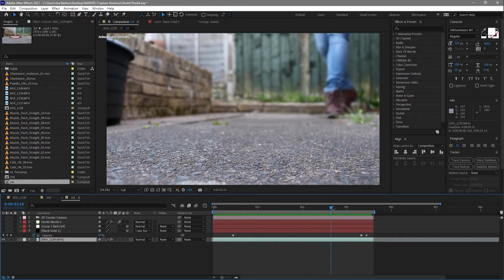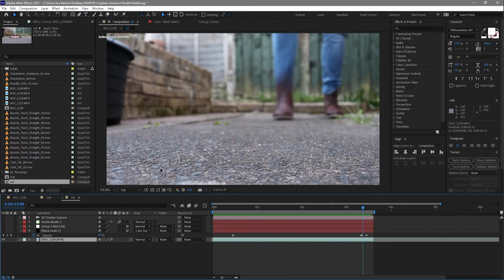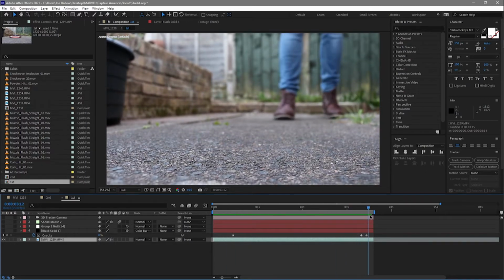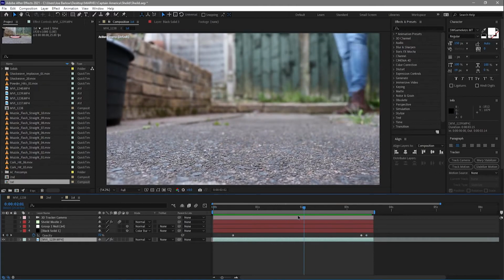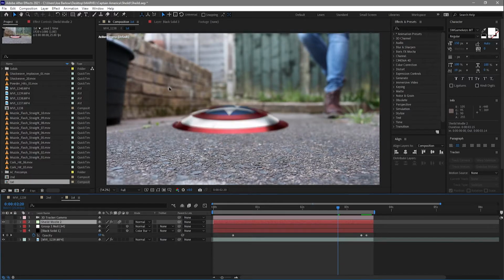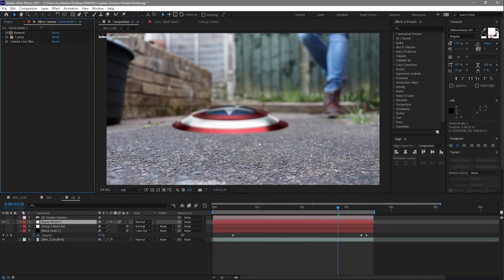Now, you'll notice I'm actually out of focus here, and this is something completely by accident that I did. I must have left it on autofocus and it focused in this area in the foreground. So I actually wanted this to be all one plain focal length, but this is what we ended up with, and I didn't want to reshoot because I didn't really know this was a thing until I got here into After Effects. So we worked with it, and what we did was add some camera lens blur just to match that on our shield once we had imported it.